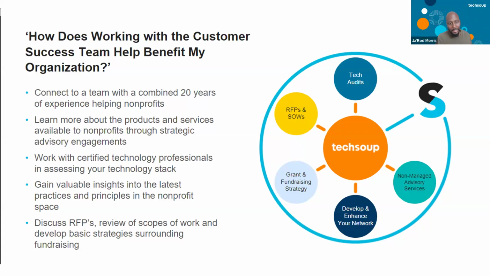And we have folks on my team who actually can help you through that process. And then we also provide insights into what's happening in the space. We talk to nonprofits of all shapes, sizes, and missions every single day. And so we can provide you with different insights as it relates to what you're working on, not to mention a variety of different libraries across all 50 states.